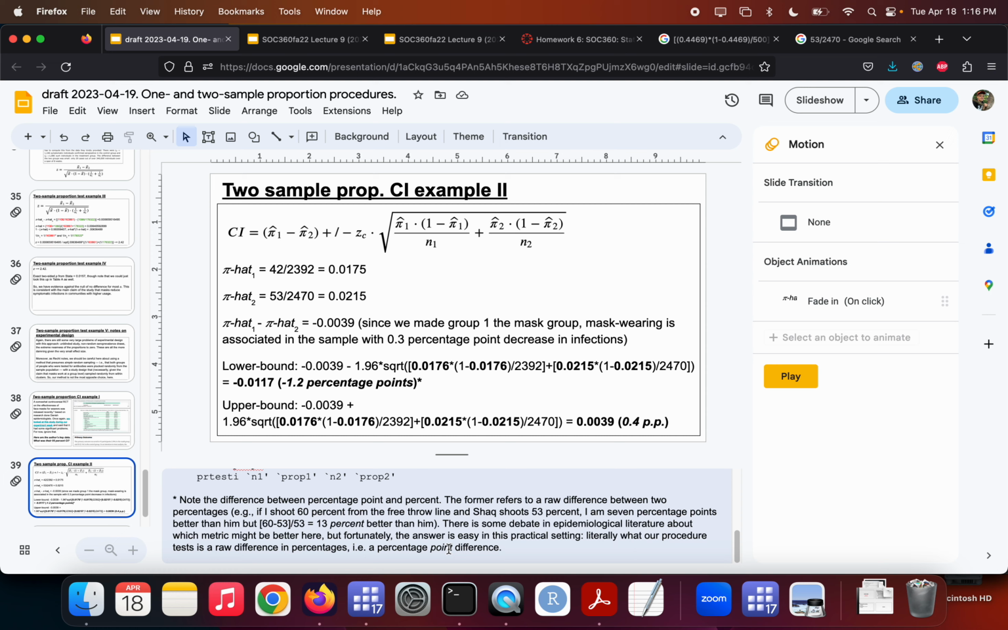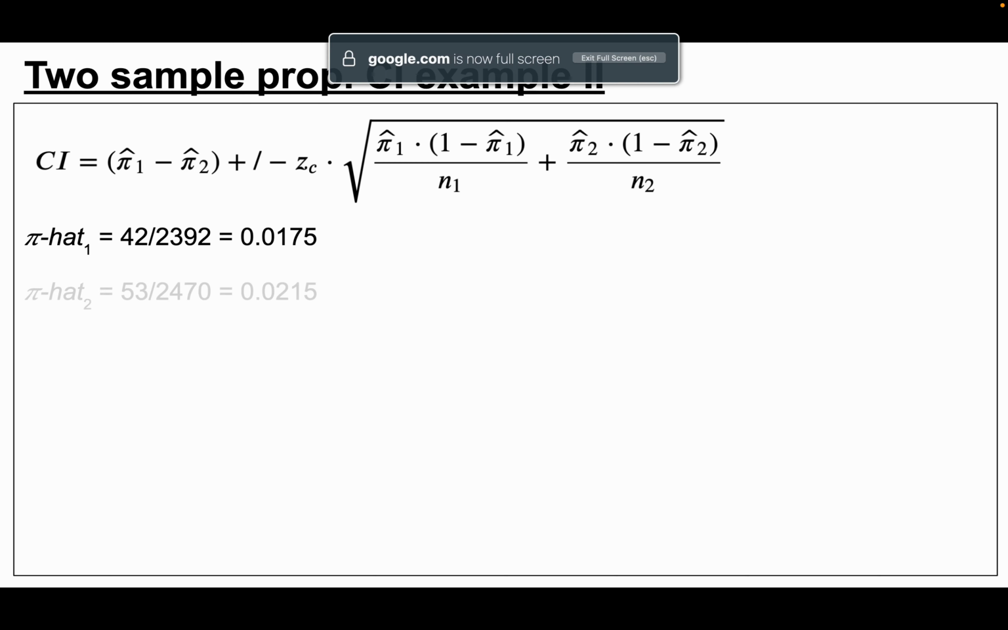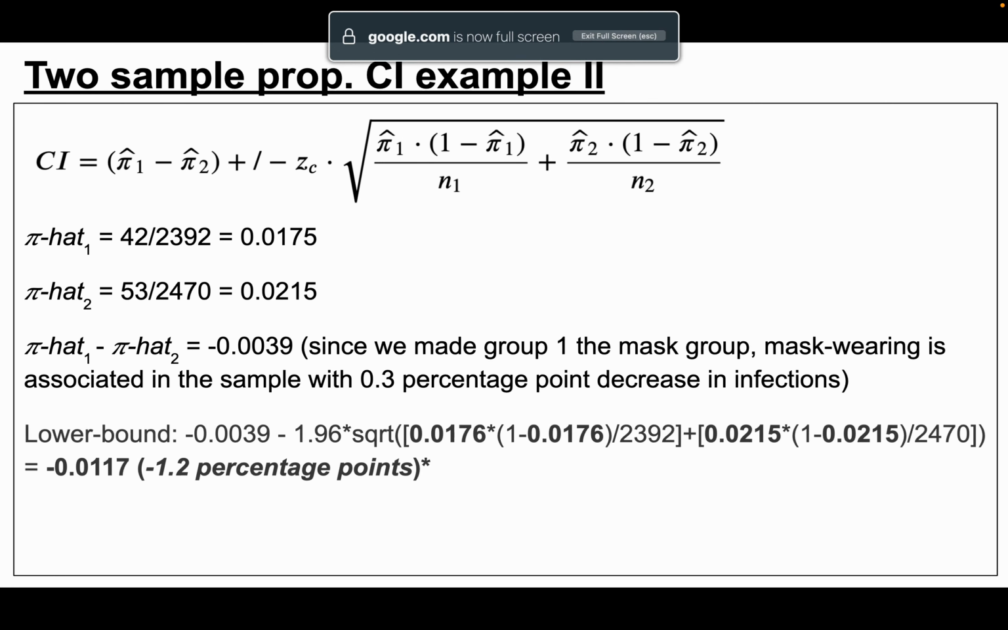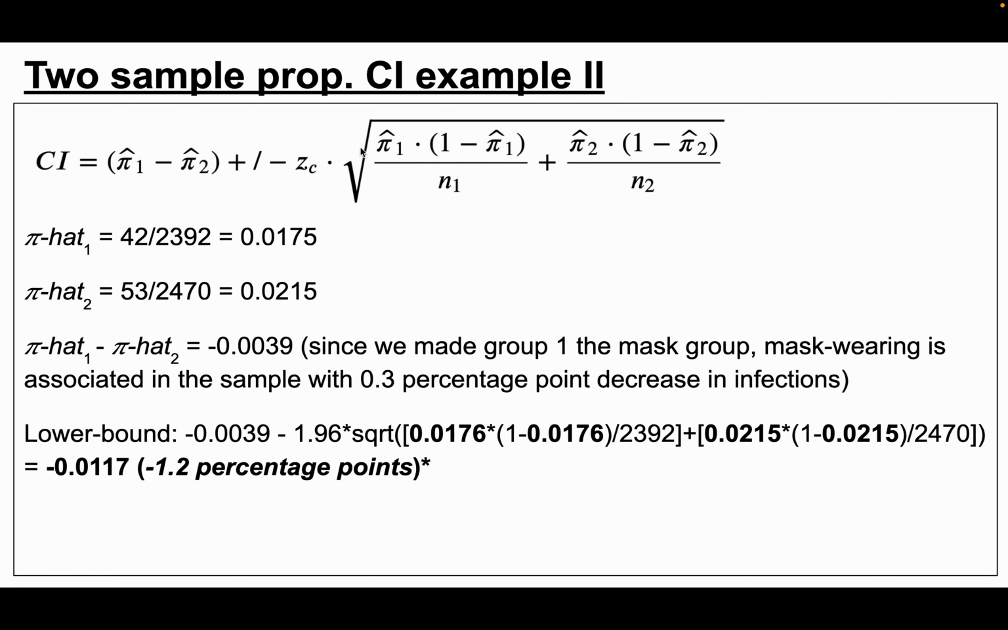Fortunately, in this case, we don't really have to worry about that, because literally what our procedure tests is a raw difference in percentages, i.e. a percentage point difference. So we don't have to worry about that here, unless we were using a more advanced method. So then how do we calculate our lower bound here? Well, basically what we're going to do is take the raw statistic less the critical value. The authors did a 95% CI, so we'll do the same, 1.96 times the square root of, get ready, take a deep breath,